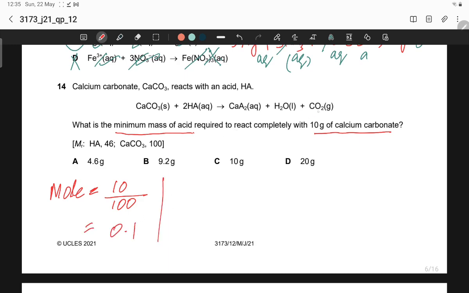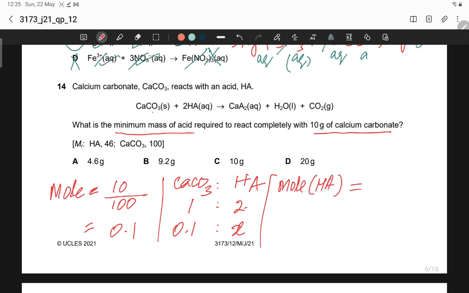And the mole ratio, calcium carbonate to acid, CaCO3 to HA, is 1:2, and the mole of calcium carbonate is 0.1, and mole of HA